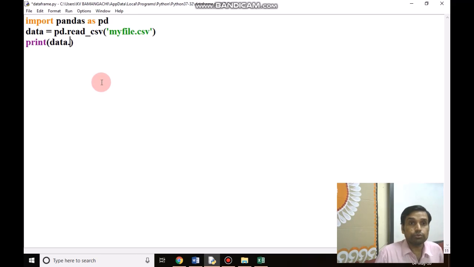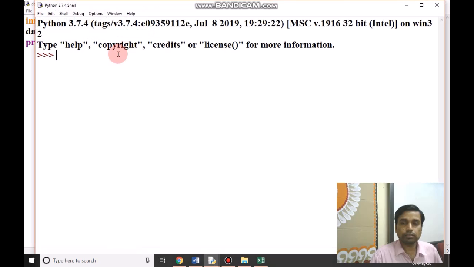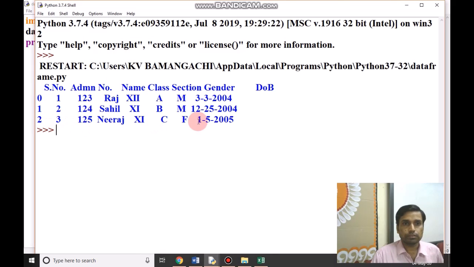If we want to display the selected data from the CSV file, we have to use the head function, as we have already used in series. I'm giving here number 3. We run this program. The top 3 rows will be displayed.